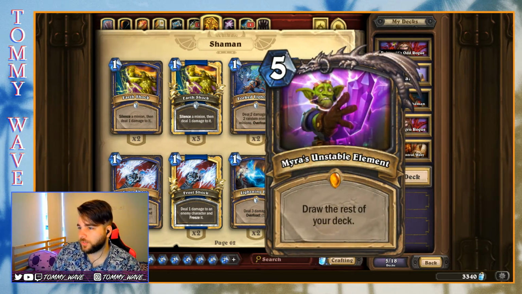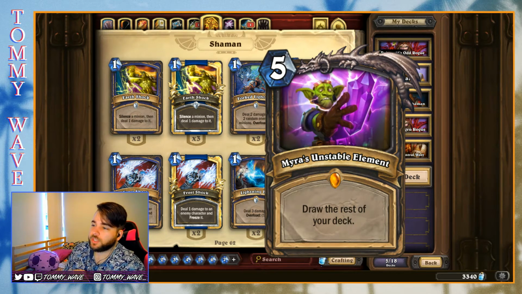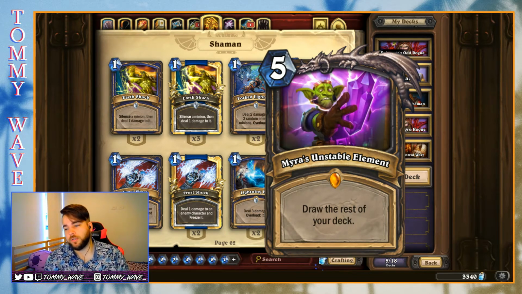Alright, so I think this is a rogue spell. I can't quite tell from the border. Someone in chat can let me know. But this is the first of the legendary spells. We had all the Death Knights, we had all the legendary weapons, and now we're getting legendary spells for every class. So this says, for 5 mana, draw the rest of your deck,